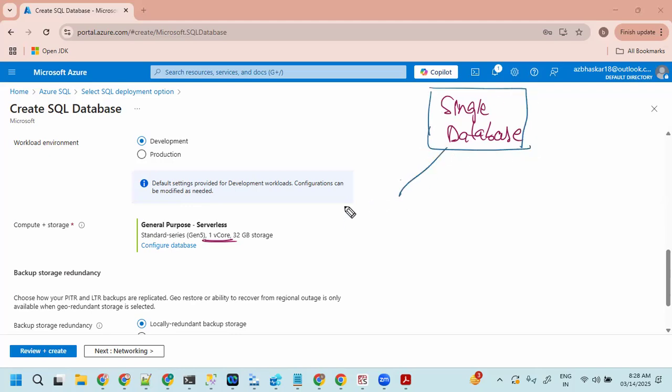One is DTUs, so a DTU-based purchasing model, and the vCore-based purchasing model.